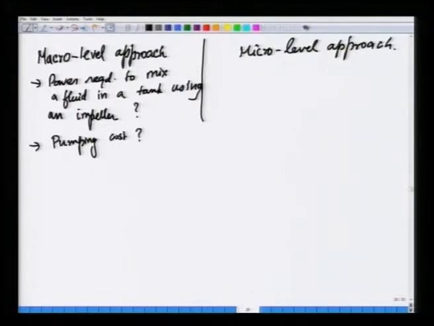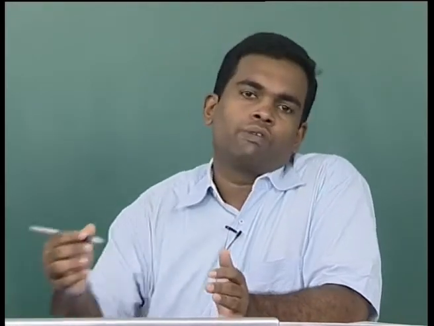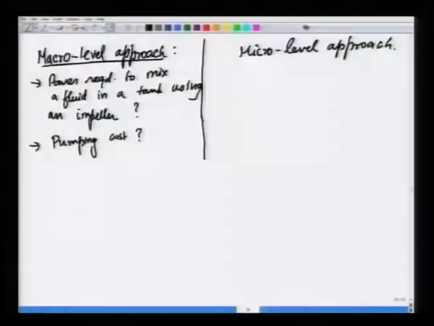These are macro level questions, because it is not required, as we will see as we go along, to know the detailed flow that is happening in the mixing tank or, for example, in the pipe to answer these questions. Also, having detailed information will not hurt, but it is not necessary, and we will also see that in engineering problems it is often not possible to have detailed information about flow fields. So, there are cases where we can use the macro level approaches successfully in engineering design,